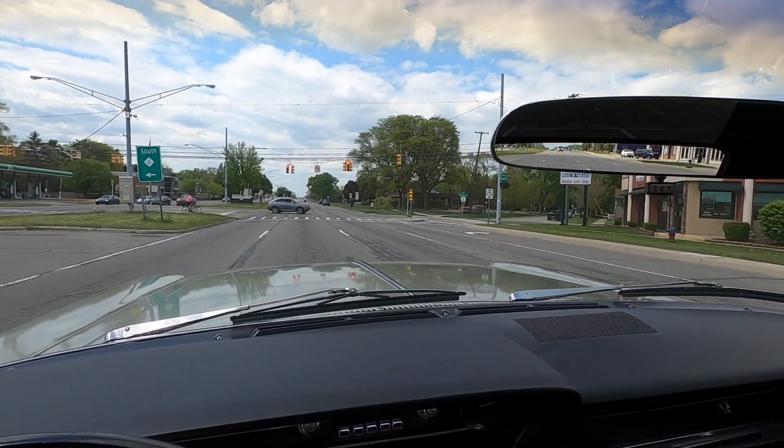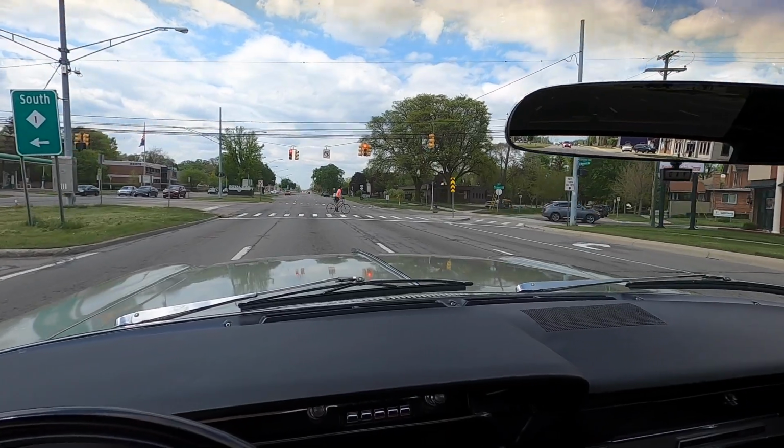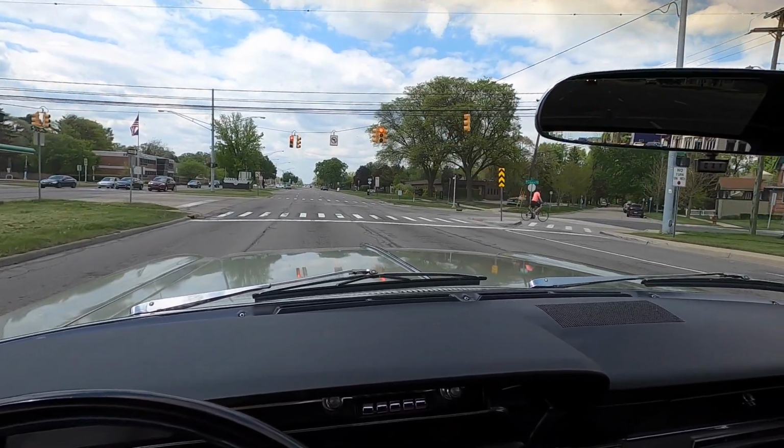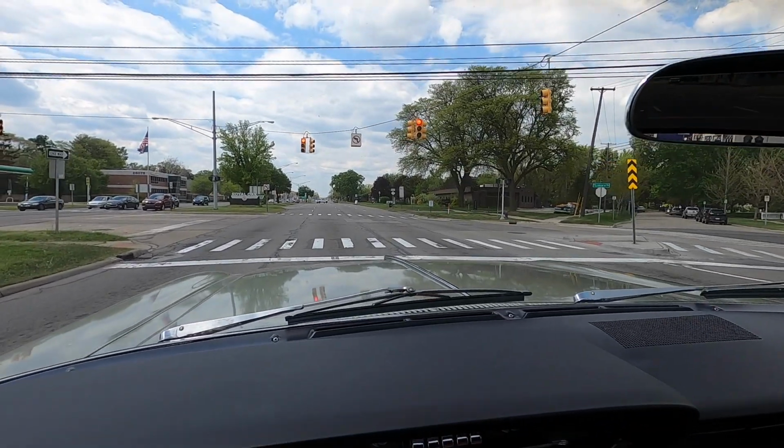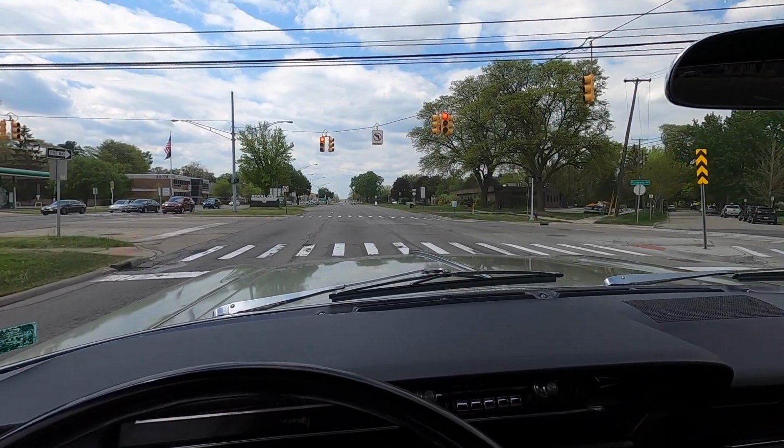Looks nice looking down that wind split on the hood. All nice and clean and shiny instead of beat up and pitted. Nice shiny new one. All right, I'm just going to go for a short little distance here and then take the